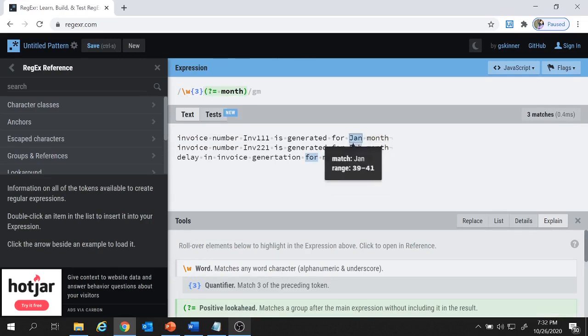So here you see this Jan and month gets matched, and we also see here this for is also getting matched, and this also comes inside the pattern, but we do not want this to be matched. So what we will do here, as we just learnt about the anchors, I will use this dollar symbol here which denotes the end of the line, as we already learned few minutes back. So now you see our requirement gets satisfied, only the Jan and Feb months are getting matched, this for is